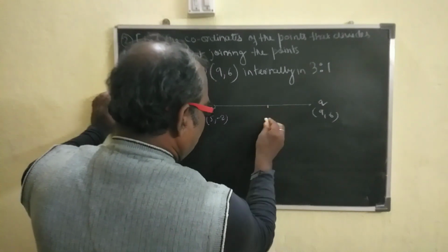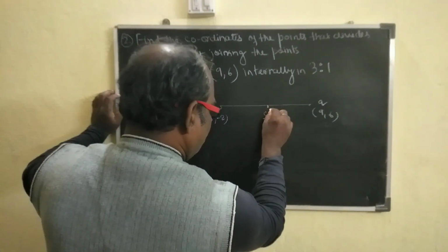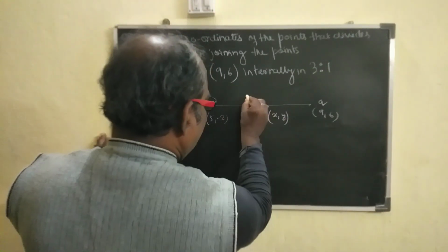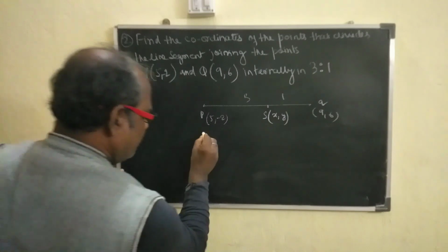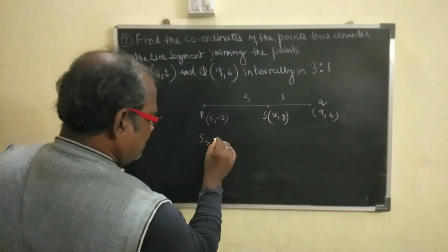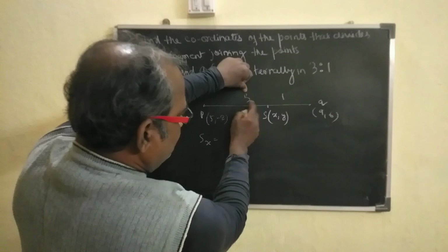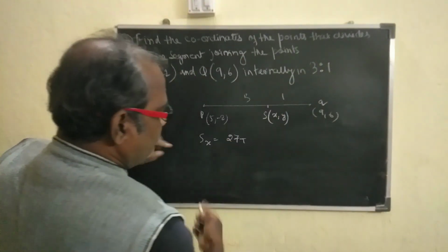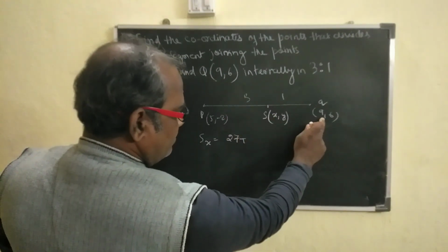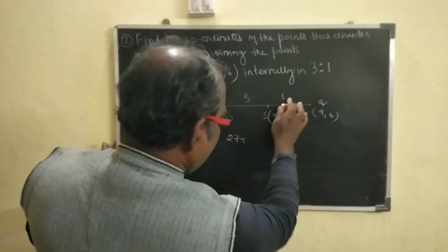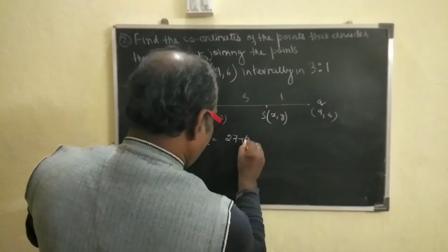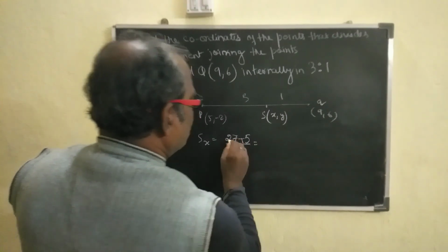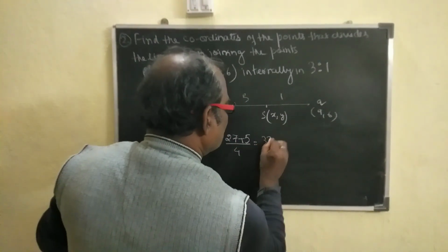Let the point be (x, y), which divides internally in the ratio 3:1. So here we can find x equals 3 into 9, that is 27, plus 1 into 5, that is 5. When we are finding the value of x, 3 is multiplied with this x and 1 is multiplied with this x. Divided by 3 plus 1, that is 4. So 27 plus 5 is 32 by 4,